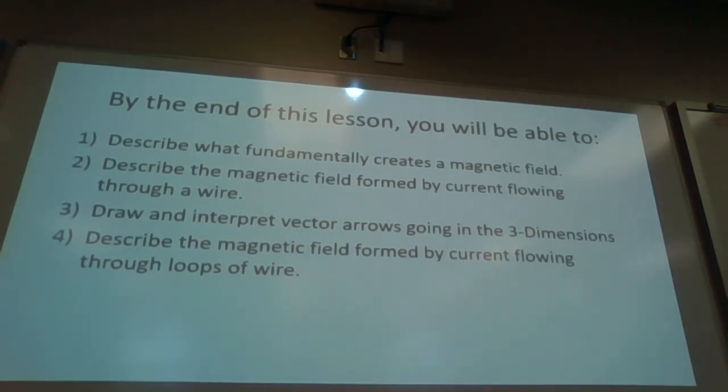By the end of this lesson, you'll be able to describe what fundamentally creates a magnetic field, describe the magnetic field formed by current flowing through a wire, draw and interpret vectors going in three dimensions, and describe the magnetic field formed by current flowing through loops of wire. Here we go. If you're a note-taking type person,